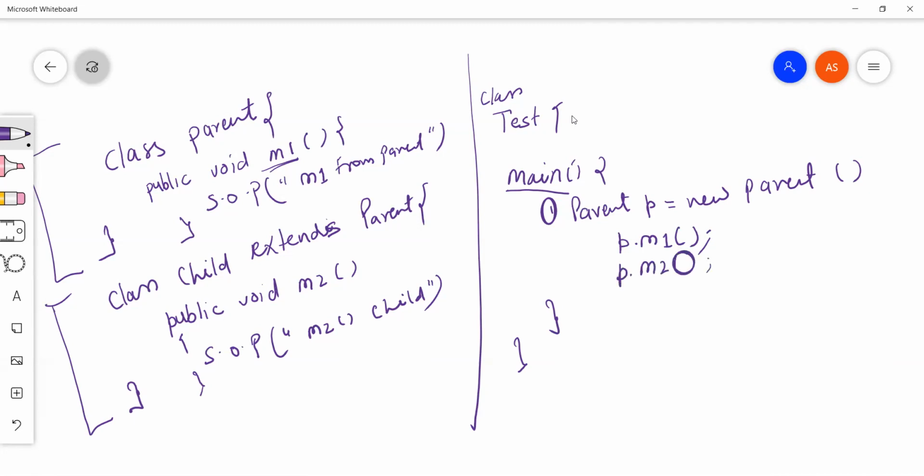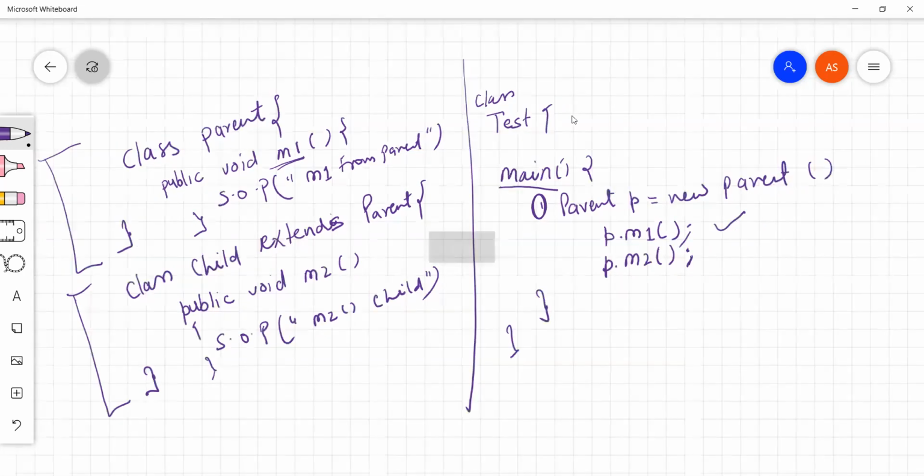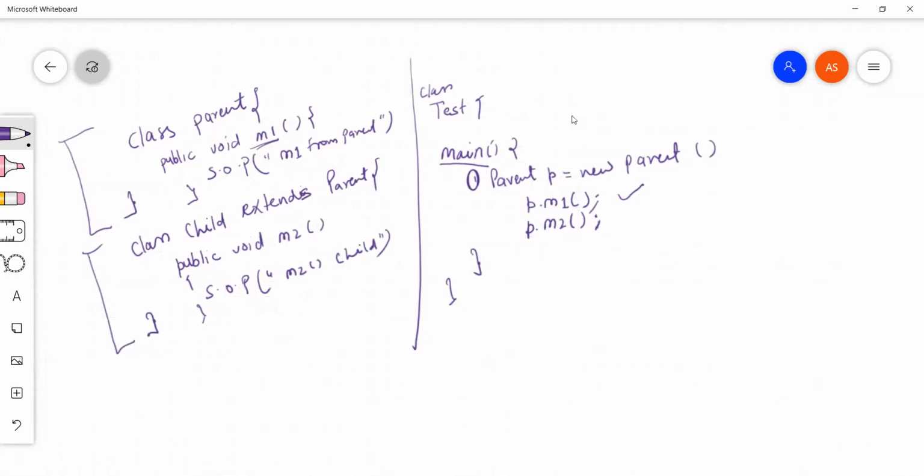Can we do that? p.m2. Is it valid? The second one? Tell me, guys.